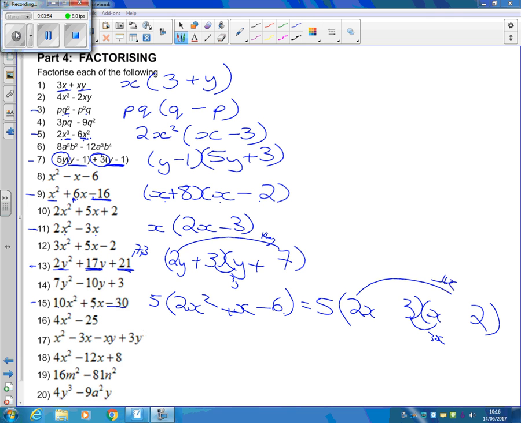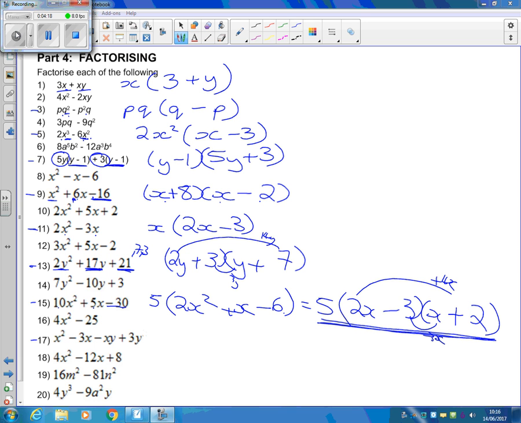So this one here will be the minus, and this one here will be the plus. That gives me plus 4x's, minus 3x's. Good, that time it works. So if you don't get it first time, just try switching the signs over and you get it the second. Similar method here with number